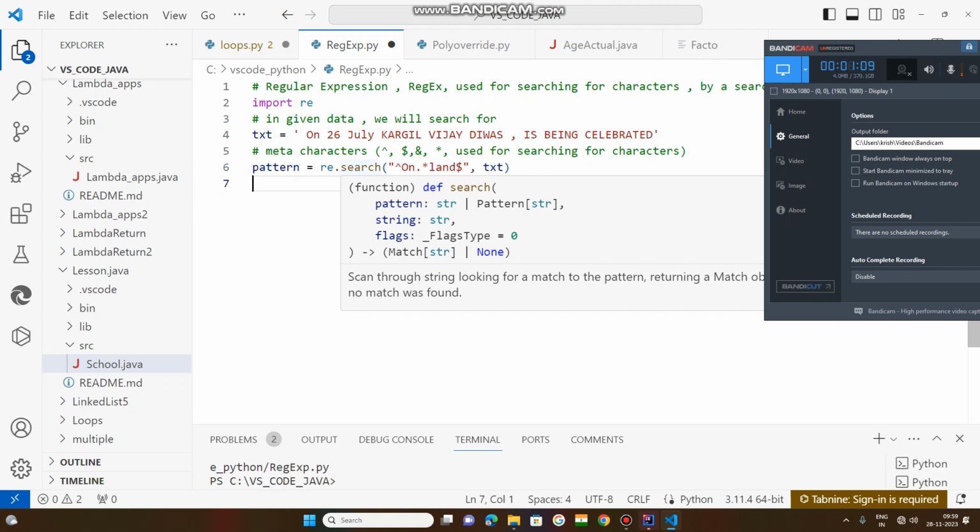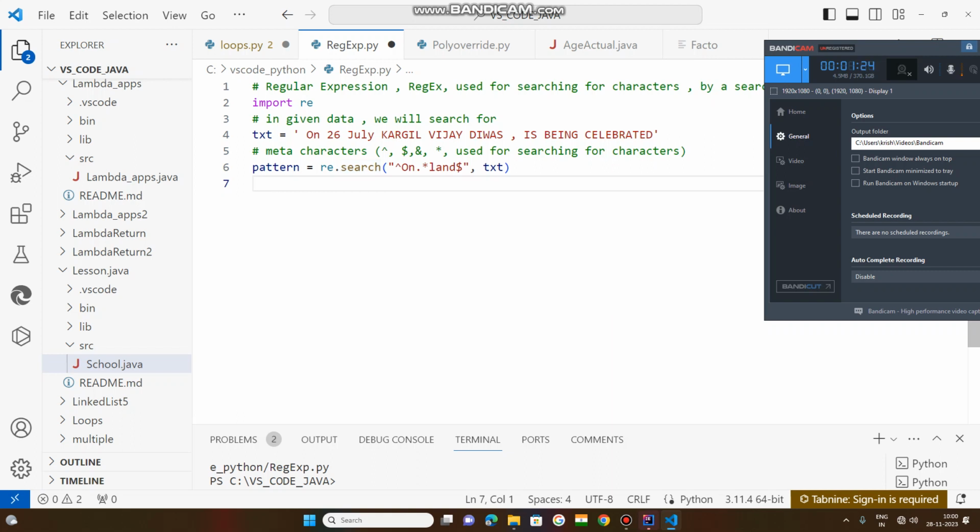So what is the role of this search method, a function? It scans through a string looking for a match to the pattern. So for this pattern, it looks for a match within this given text. Now this indicates that